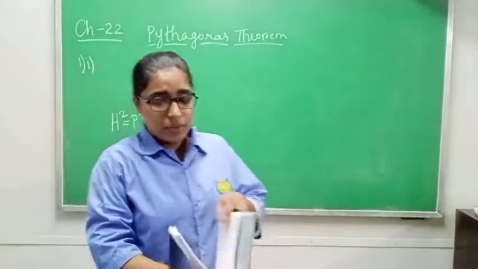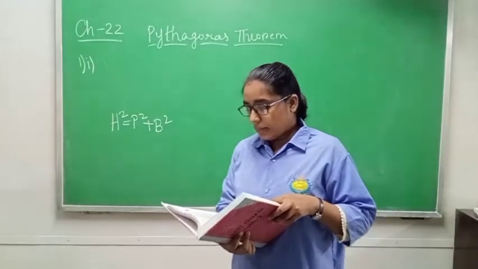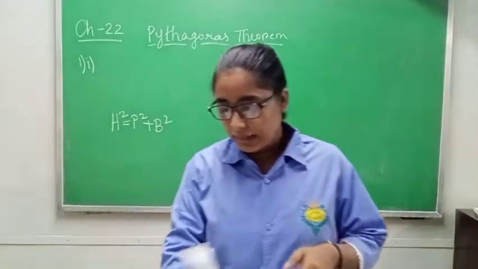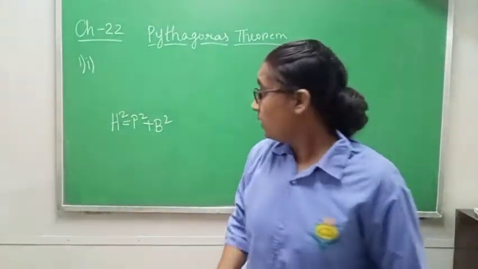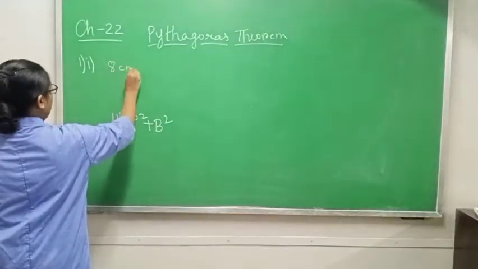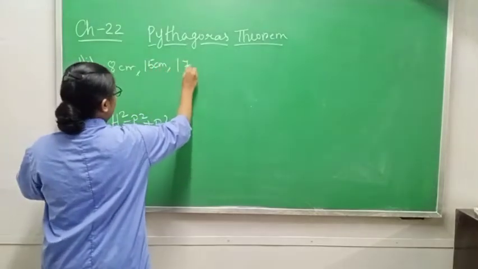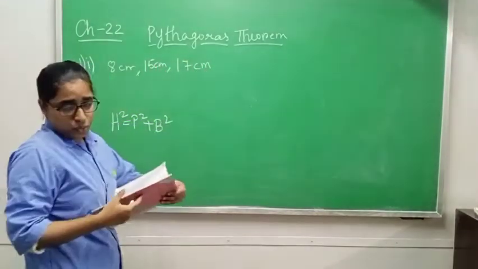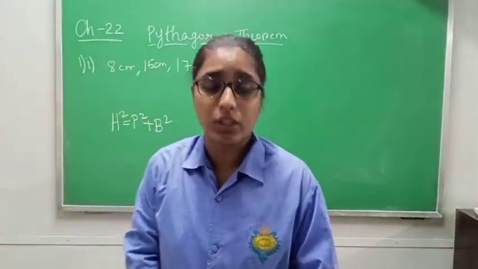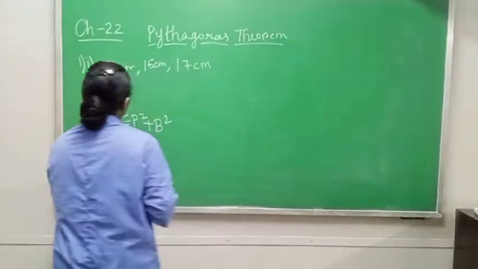Okay. So in the questions, they are asking whether the given sides make a right angle triangle, yes or no. We have to give the answer. So 1 I am doing. In 1 it is written three sides 8 cm, 15 cm and 17 cm. When this type of question is given to you, the larger one, the bigger side, will be your hypotenuse. So which one is the bigger side? Of course 17 cm is the bigger side.